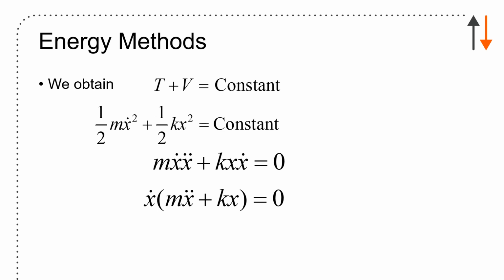You have 1/2 m x dot squared plus 1/2 k x squared. I can take the derivative of this with respect to time, and I end up with m x dot x double dot plus k x x dot equals 0. And I end up with x dot times (m x double dot plus k x) equals 0. Now the trivial solution, of course, is x dot equal to 0. We're going to ignore that,